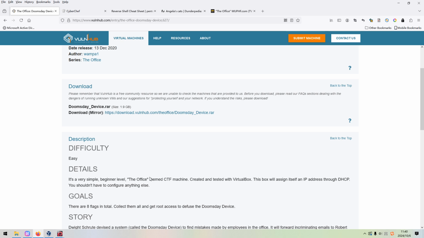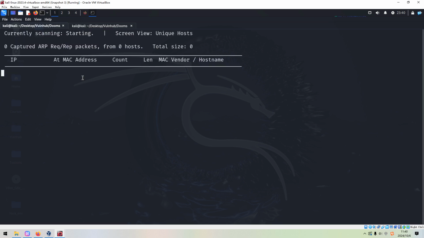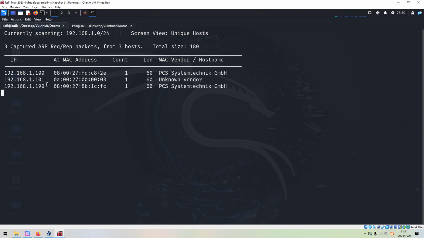Without further ado, let's just get started. We can switch over to the Kali Linux VM. First of all, we need to discover the IP address of the target. The utility I'd like to use, as always, would be netdiscover. As you can see, the IP address of the target could be recognized as